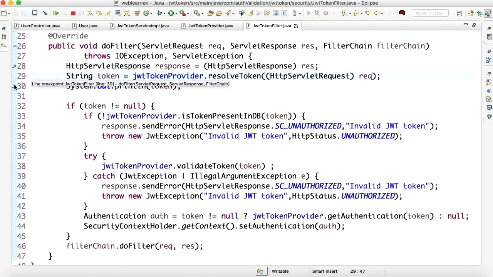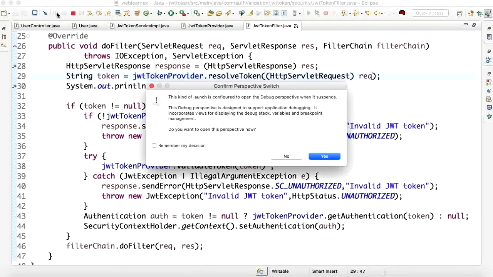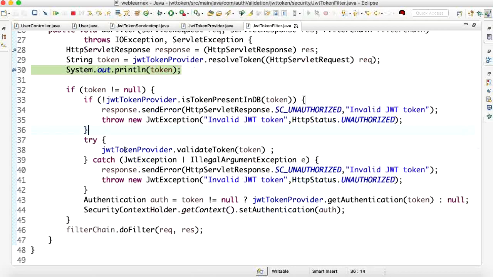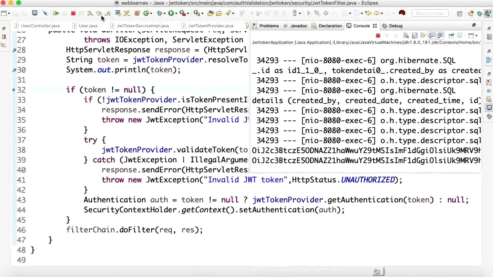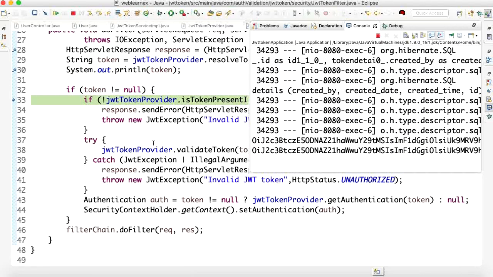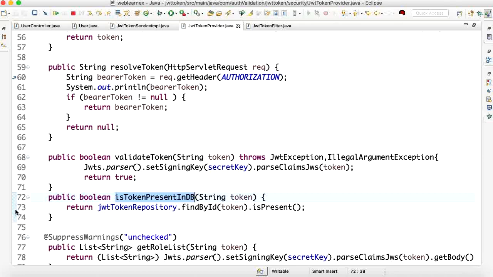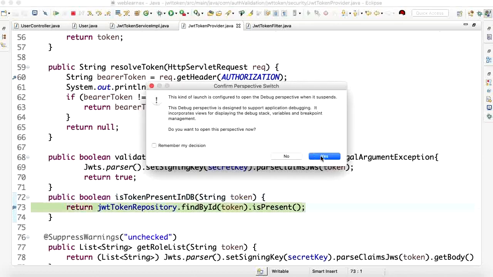So let me add one endpoint here. Now it's sure the token is already there. Now it will check if the token is not equal to null, then first it checks whether this token exists in the DB or not. The token is there, so it is checking whether this token exists in the DB or not. For this there is the method find by token.